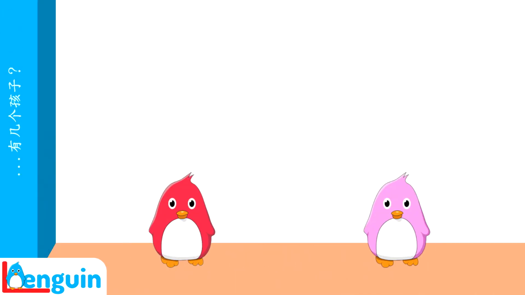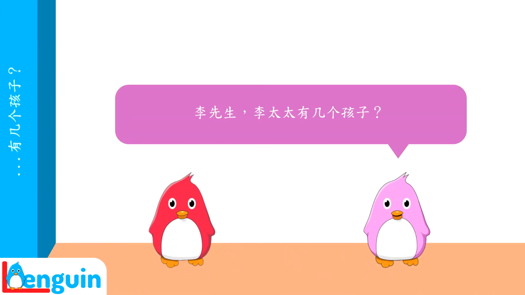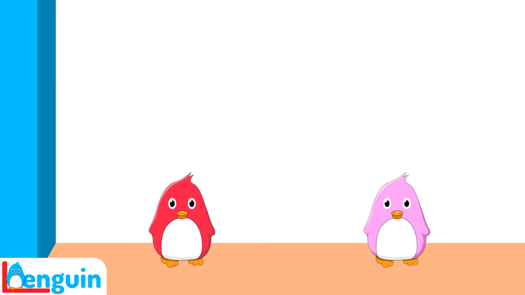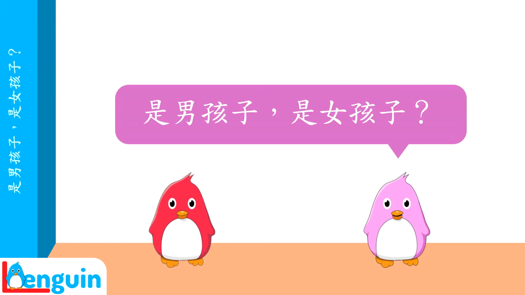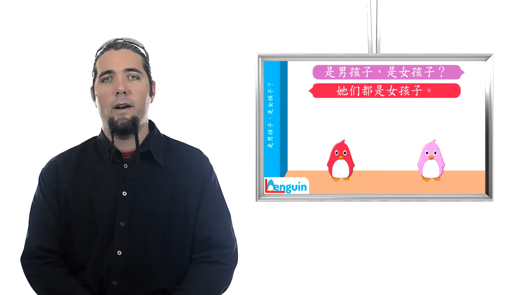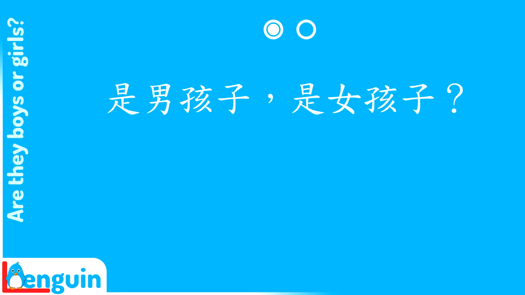Listen to this conversation. 李先生、李太太有几个孩子？ 他们有3个孩子。 是男孩子是女孩子？ 他们都是女孩子。 Let's listen to the last part again. 是男孩子是女孩子？ 他们都是女孩子。 The question, are they boys or girls, in Chinese doesn't have an or. Repeat after the speaker. Are they boys or girls? Literally, are boys? Are girls? 是男孩子是女孩子。